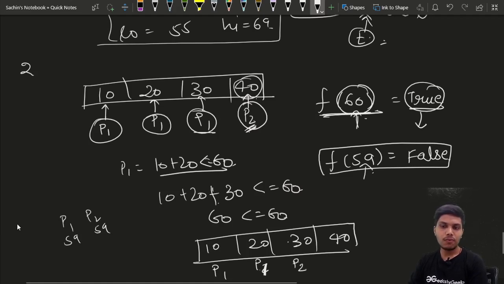Now the fourth board cannot be painted by the second painter, so we need one more painter to paint this board, and we have only 2 painters. In this way it will return false.